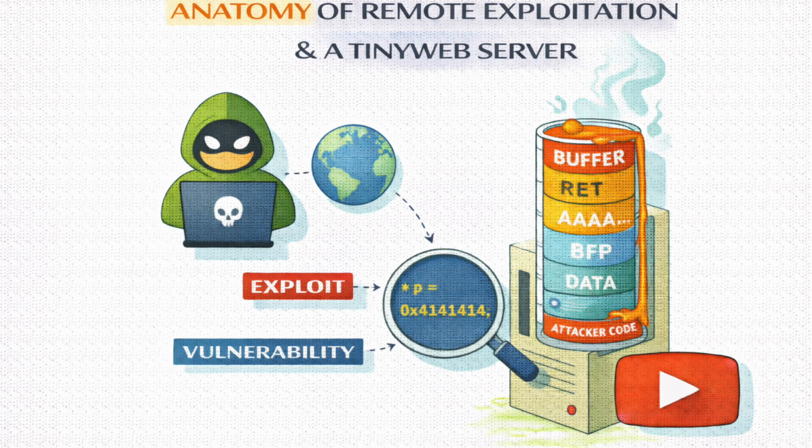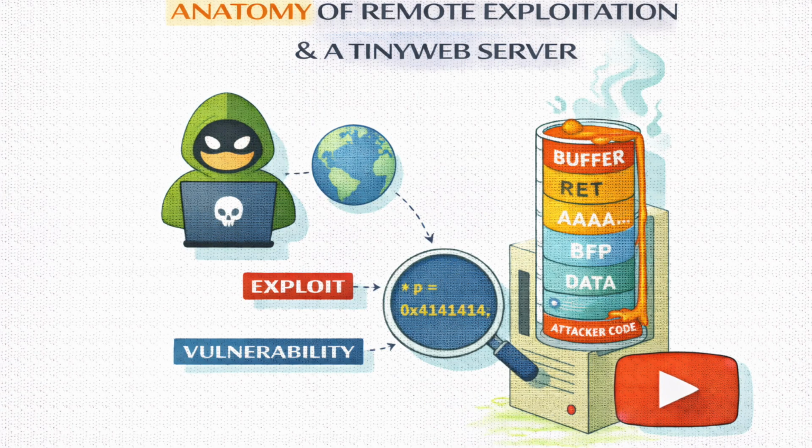Now, we've gone through this manually calculating offsets, generating shellcode. It seems labor-intensive, and really prone to human error. It is. If you miscount by one single byte, the server just crashes and you get nothing. That's why professionals automate everything. This brings us to pwntools. pwntools is a Python library built specifically for this. It handles all the plumbing.